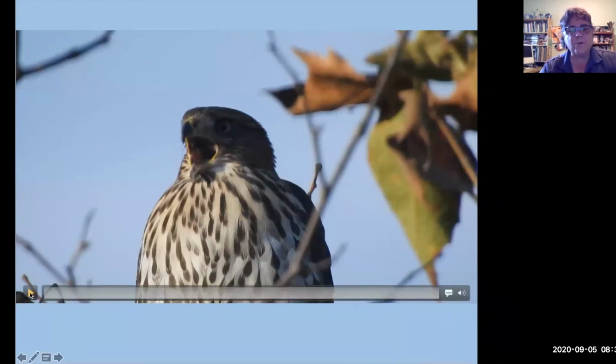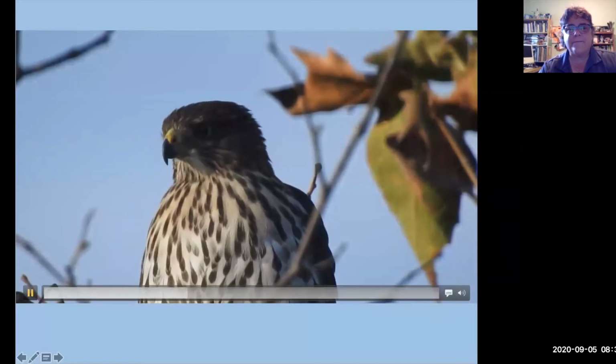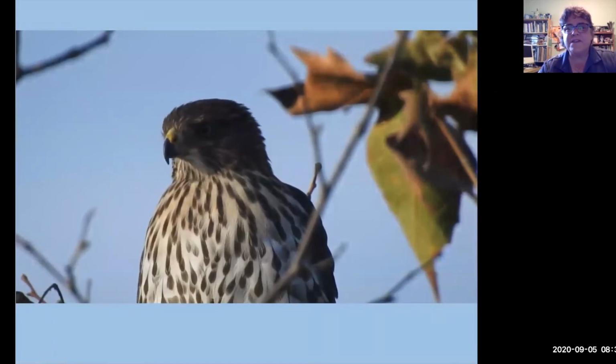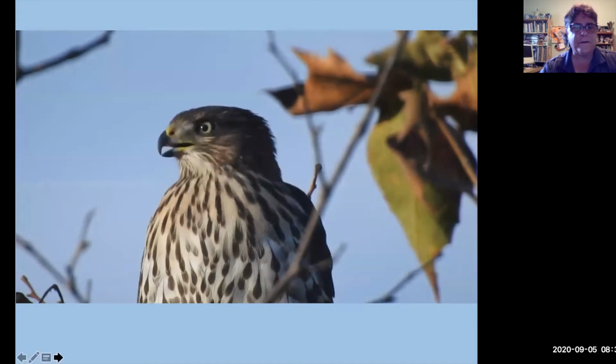So this is a little bit closer picture of this Cooper's hawk, and I'm playing this because watch the way it moves its head. It's really interesting. Still calling for mom. You see that wriggling in the head? Birds can't move their eyes like we can, so they have to move their head to try to get exactly the right look. Actually, he's looking for mom, but that's what they do. So it's kind of fun to watch birds as they learn to navigate through the world.